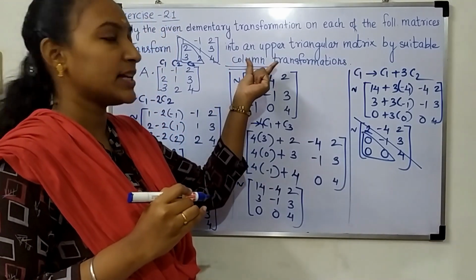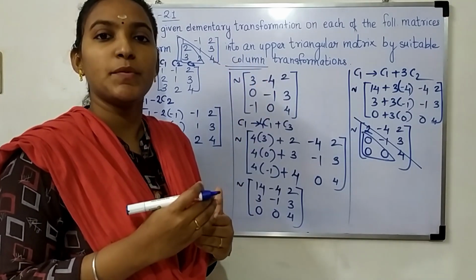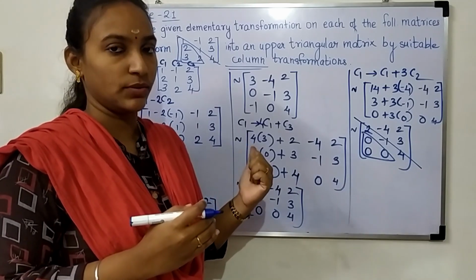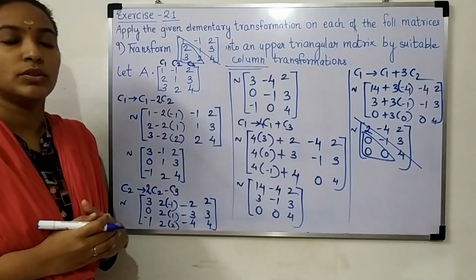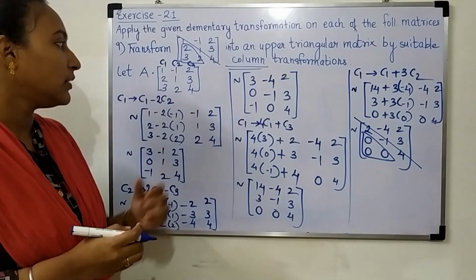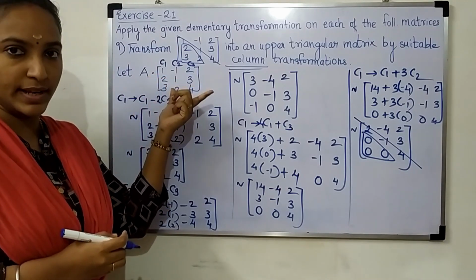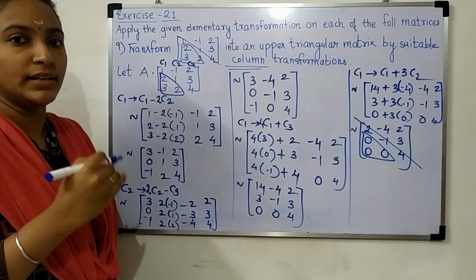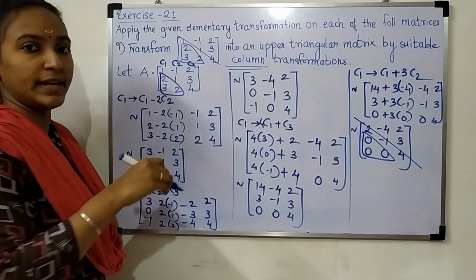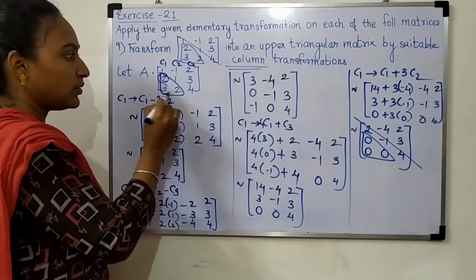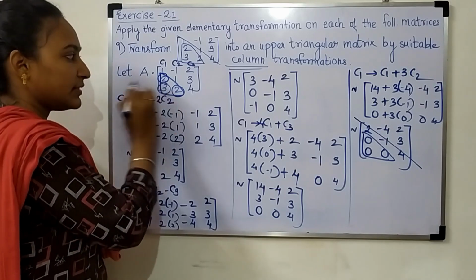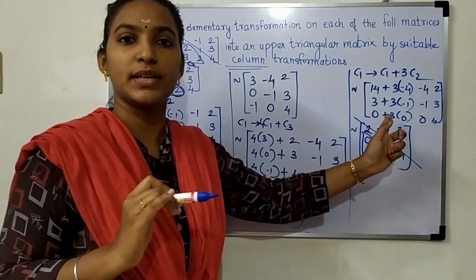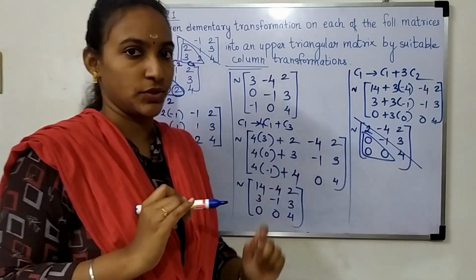The given transformation was column. Row transformation is quite easy, but since they have asked to do column transformation, we have done that. Hope it is clear. Let me explain the steps once again. First, we have to give a name to the matrix. Then we have to change the elements below the diagonal, 2, 2 and 3, to 0. First we changed this 2 to 0, then this 2 to 0, then this 3 to 0. Again we got a 3 over here, and we changed it using the proper column transformation.